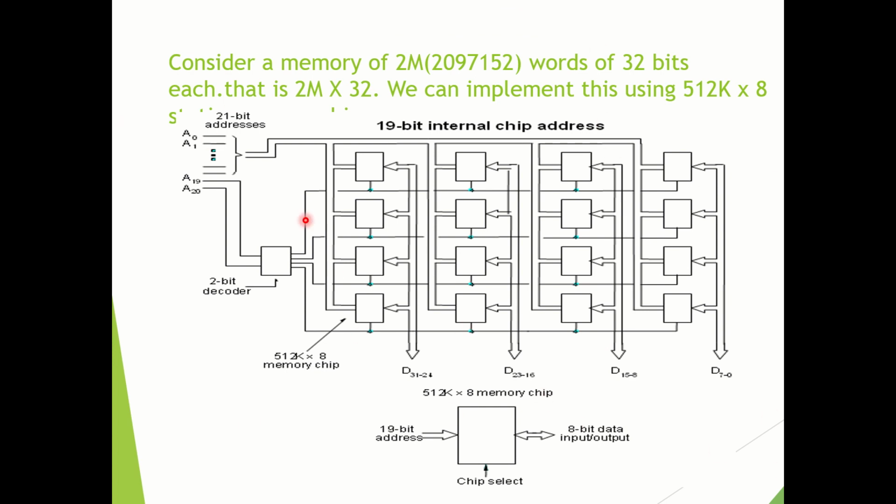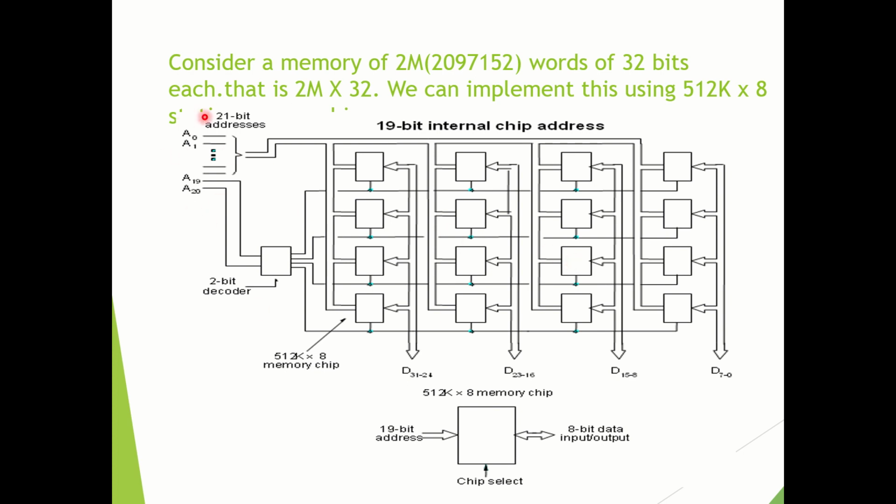So the first part is the capacity needed. Our requirement is to generate a 2M by 32 memory size. So how many address lines will be there? I said that the row part will give you the total number of address lines required by the entire memory architecture or memory design. 2M we can write as 2 into 1M, which is equal to 2 to the power 21. So 21 address lines are needed in order to select any particular data.